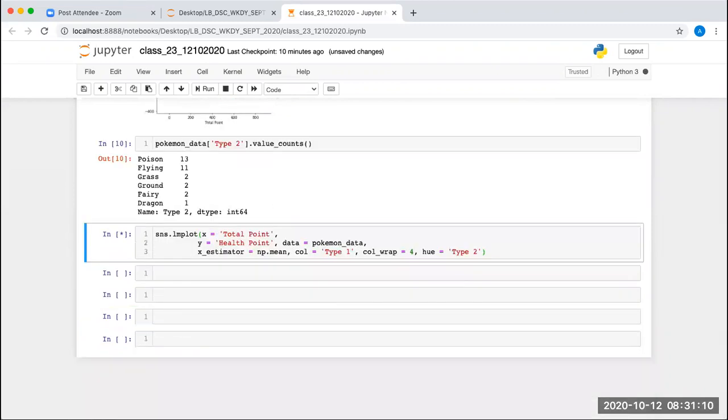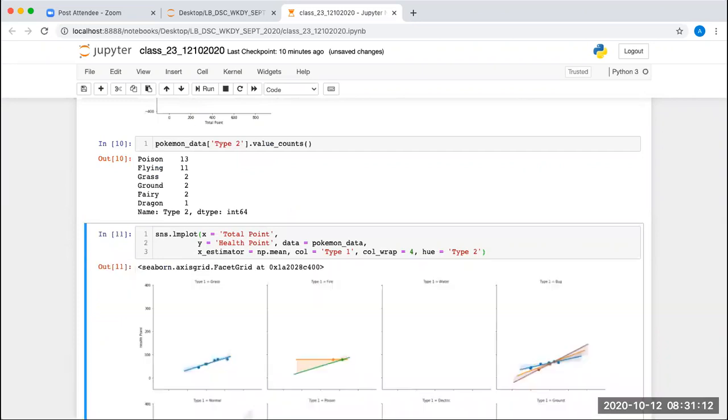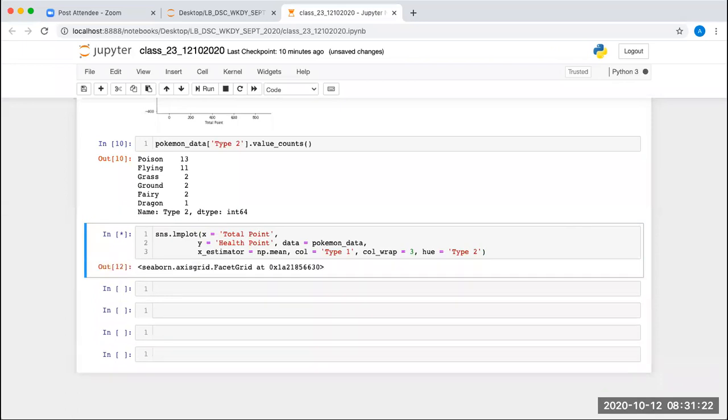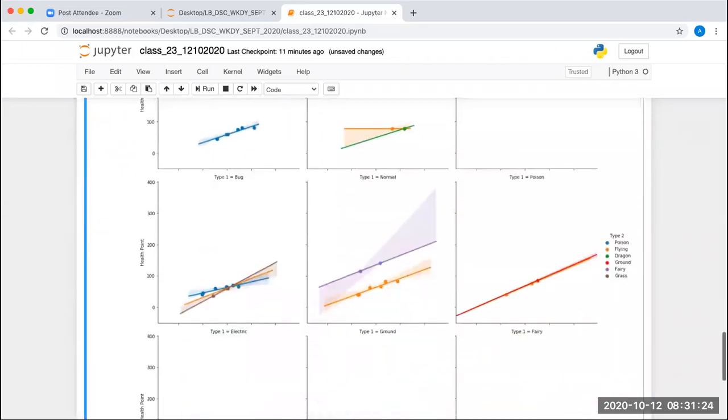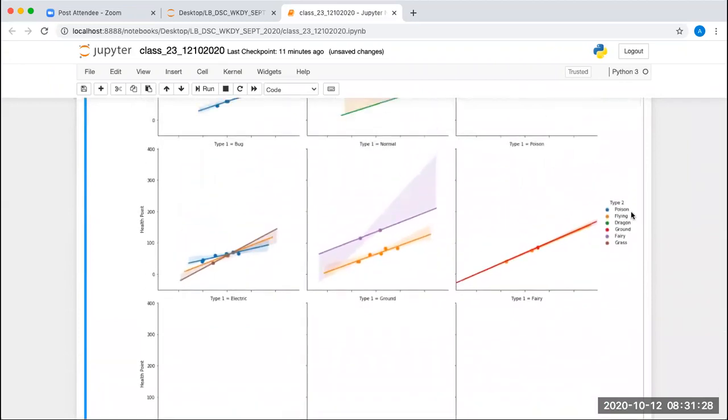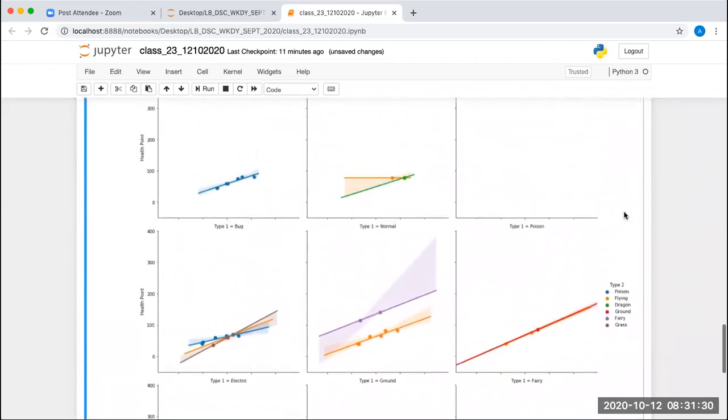Now if you execute it, you are getting all these values. Let's do it with 3. Now you can see there is poison, which is coming in blue color.